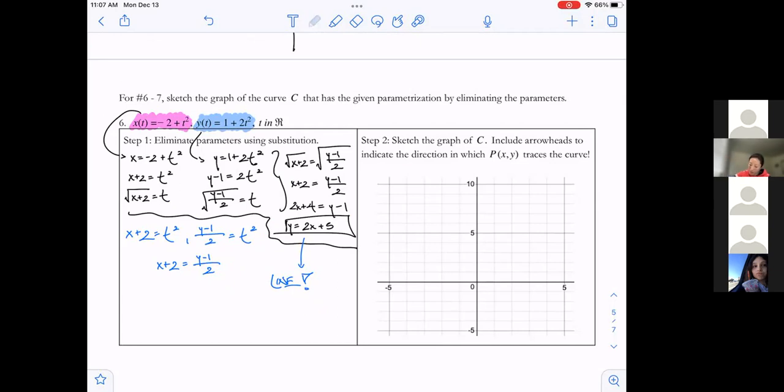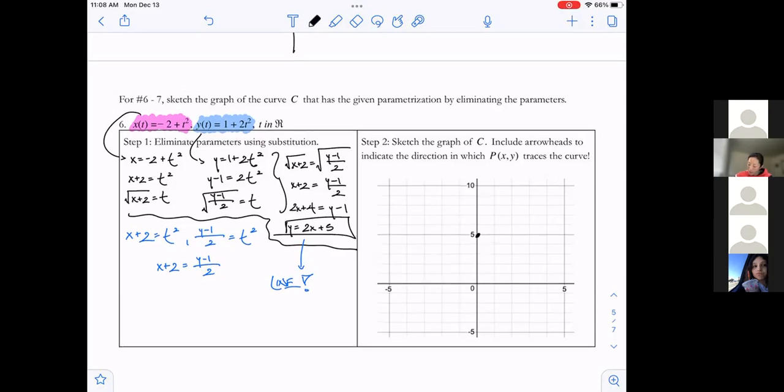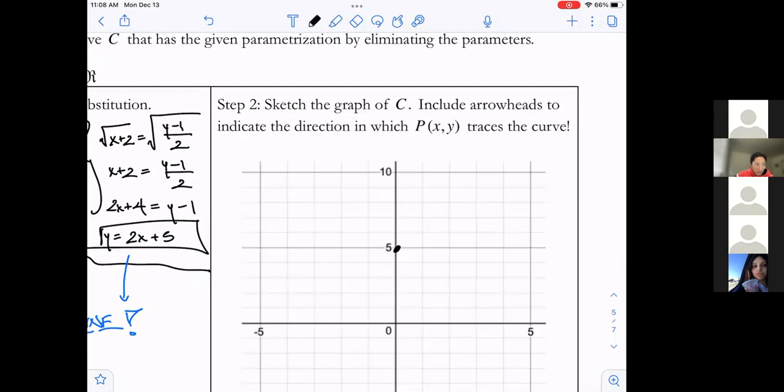Y-intercept at 5, okay? I agree with that. Yeah, and then rise of 2, run of 1, right? But when we draw this, we'll end up with